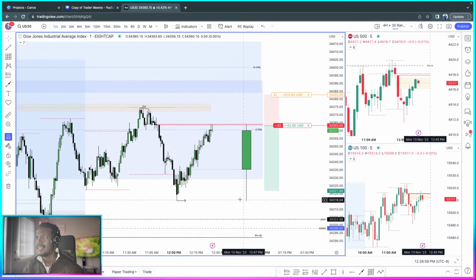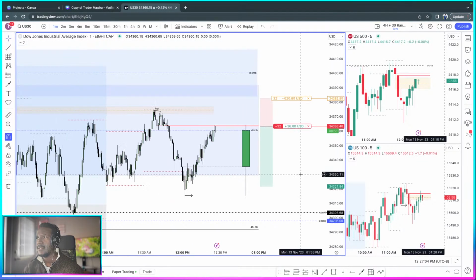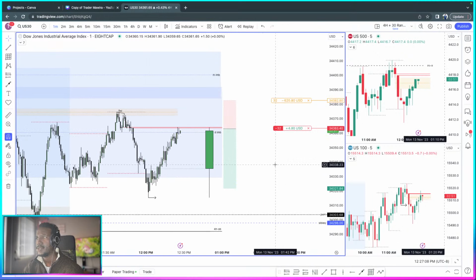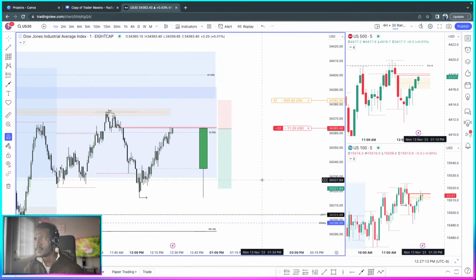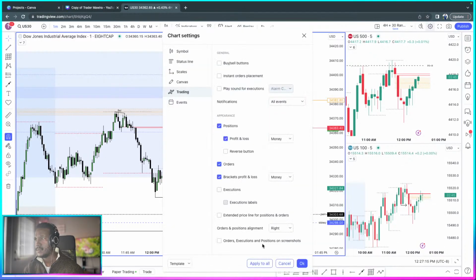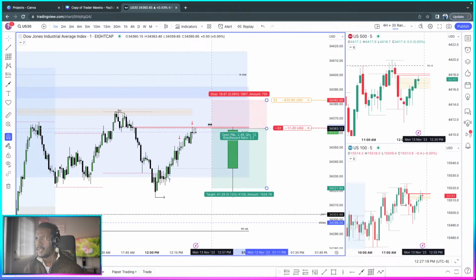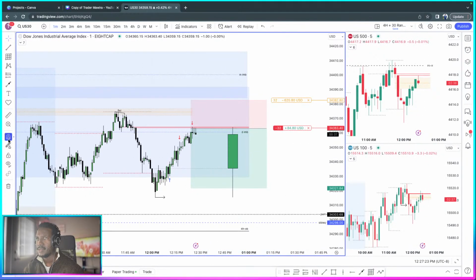So it seems like on this 1 hour candle, the down move was a fake move and it's now expanding to the upside, but we'll just keep on waiting. In the meantime, this is the position that we're in. Let me pull up those executions. Executions. This is the candle that we entered, and we were filled somewhere here.